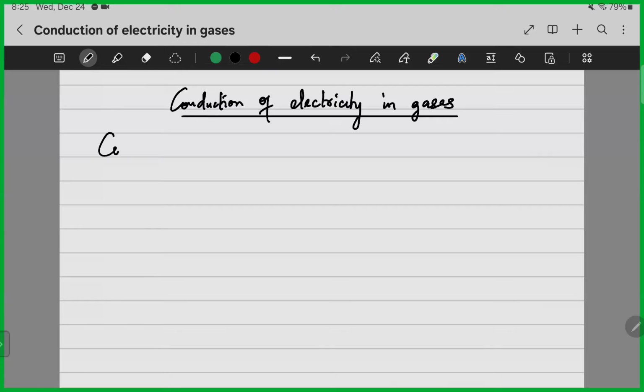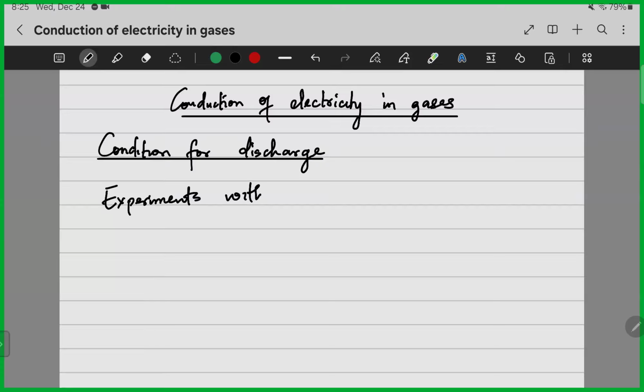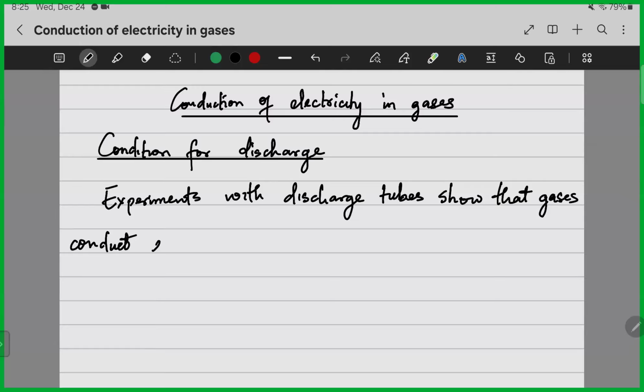Now, the idea is I'm going to start with the condition for discharge. For discharge to occur, there is a particular condition that we must have. And what do we mean by discharge? For discharge of electrons. So, experiment, let me state it like this. Experiments with discharge tubes show that gases conduct electricity under low pressure and